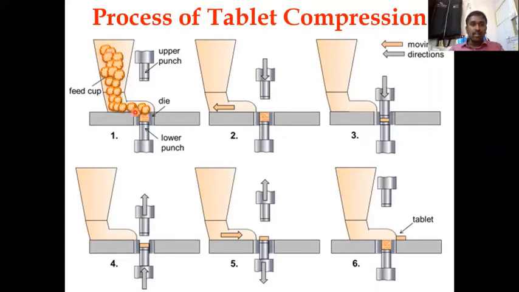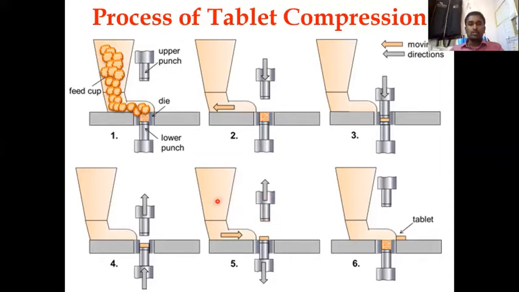It should flow freely. Here you could see the tablet has been punched and has come out. Immediately this punch will come back once again. It's a continuous process; per hour maybe some 10,000 tablets are going to be punched. It's very fast. If you want, you can see in some YouTube videos how this tablet punching process goes. It takes very few seconds. You couldn't even see the punching.